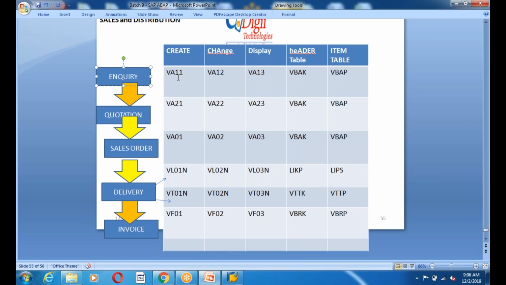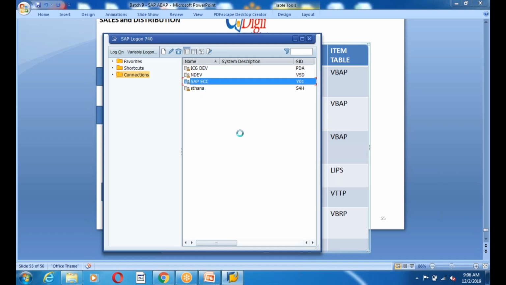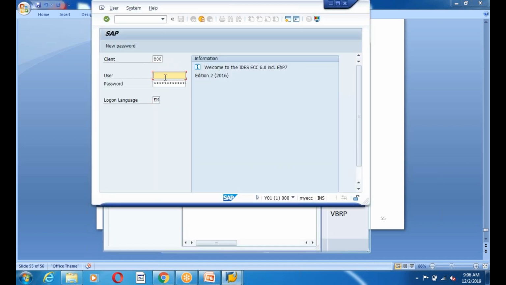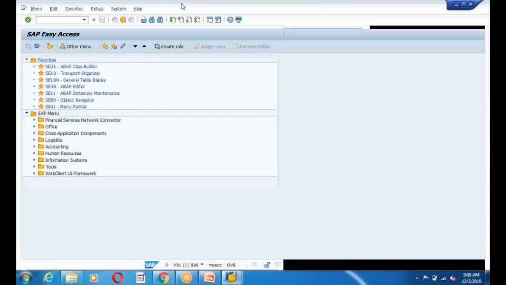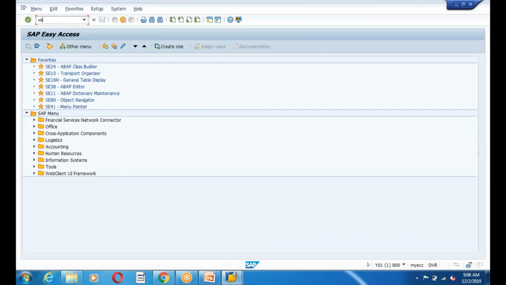Whenever you create an inquiry, the existing application SAP has given is VA11. So maybe I go to SAP now. VA11.